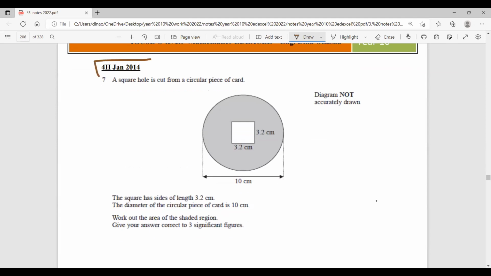Now as you can see this is for Gen 14. This is the shading question. By the way, you'll find shading questions in 2D shapes and also in 3D shapes. Now what is the trick? Please write this note next to this question over here. What do I do in shading questions? Here it says a square hole